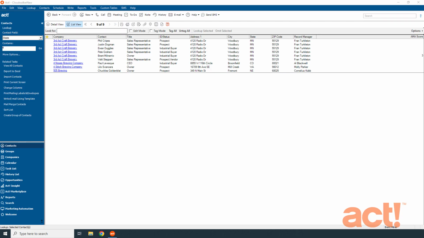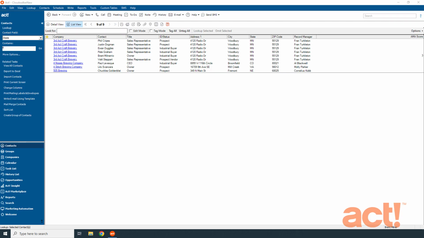Let's begin with two new tools designed to keep your database organized and accurate while helping you save time, reduce errors, and improve data accuracy. First, we're going to look at the new Append to Field tool. This tool lets you apply changes to a field across multiple records by editing or appending values without overwriting the